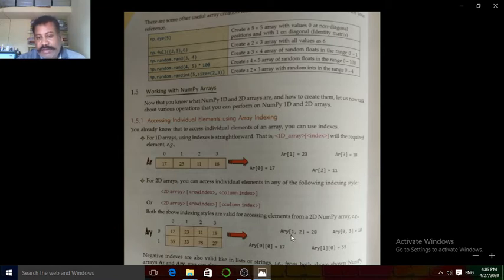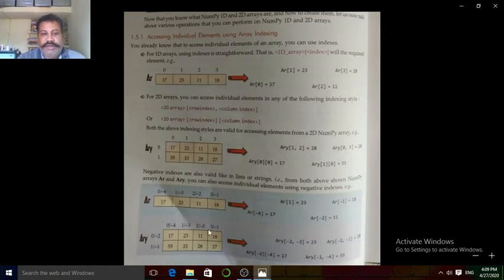In the two-dimensional array, ARY 1 comma 2, which element should be 1 comma 2, that is equal to 28, means the element of the first row and second column will be 28. Similarly, ARY 0 comma 3 will be equal to 18. Similarly, 0 comma 0 means the element of the 0th row and 0th column will be equal to 17, and so on.